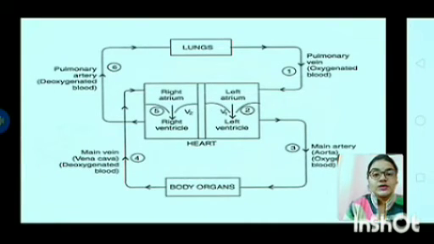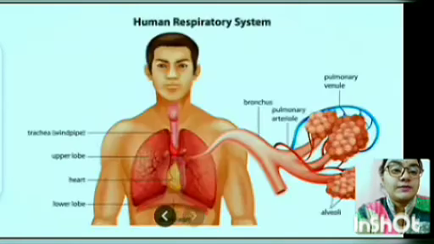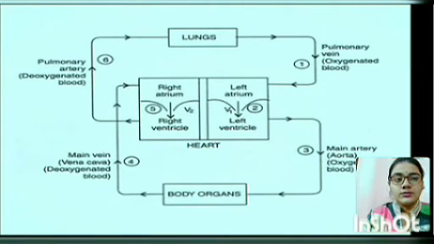So the lungs help to take in oxygen through our breathing system and expel carbon dioxide outside of our body. By breathing in, the oxygen is taken and comes to the lung, and the lung does the exchange of oxygen and expels the carbon dioxide through the nasal cavity. So in the lung, the pulmonary vein carries the oxygenated blood to the left atrium and then it comes to the left ventricle.